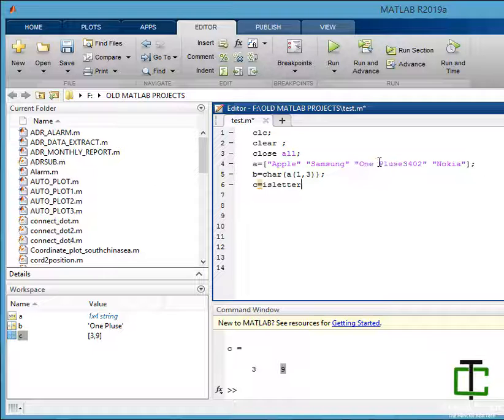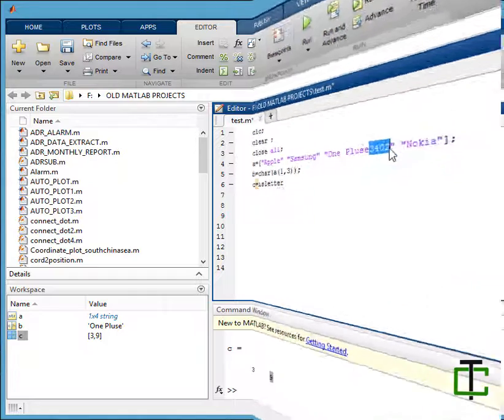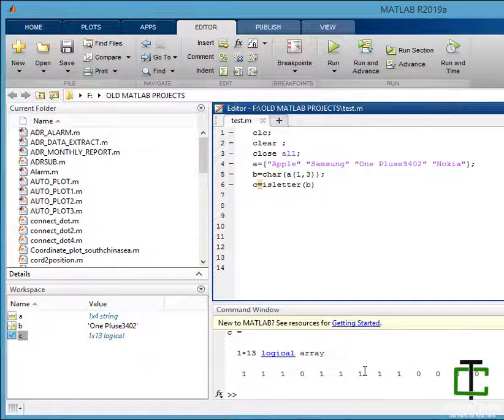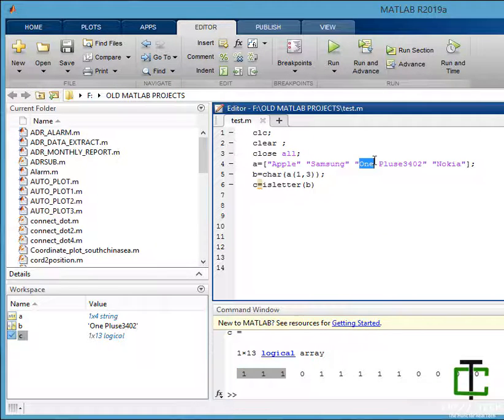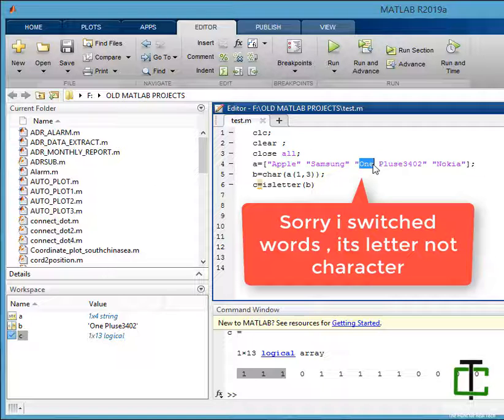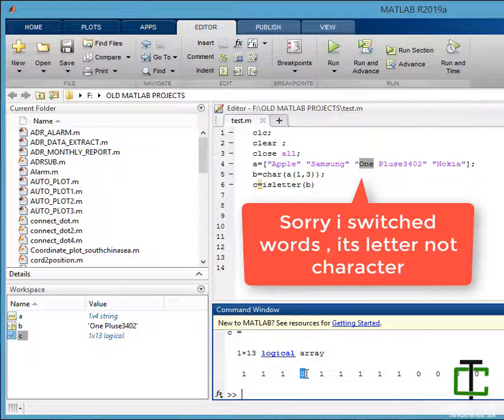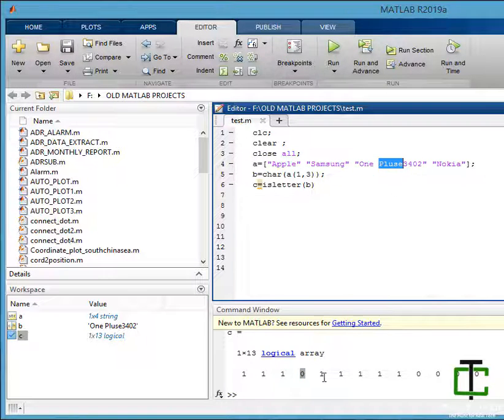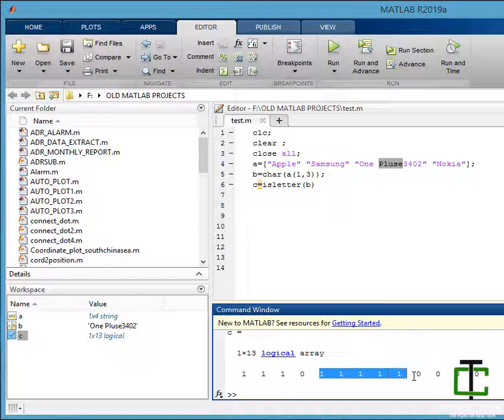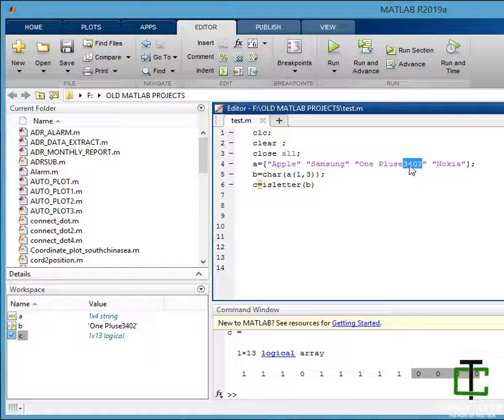But a space, any digit, any symbol belongs to character. So let's play this. Here you go. So the first 3 are letters. Okay, space is not a letter. So here you have 0 plus character, first A 1 2 3 4 5. So you have got 5 ones, then 4 zeros for the 4 digits here. Okay.